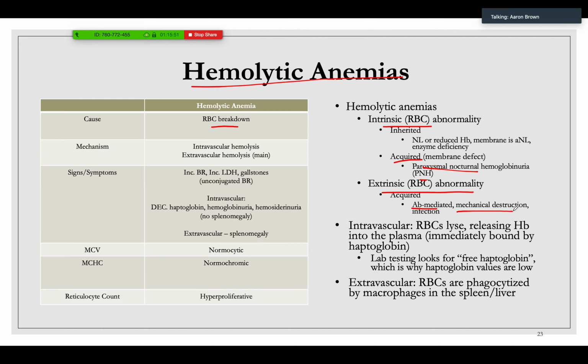We're having mechanical destruction. Something is going up and ripping up our red blood cells. Or an infection, like malaria. In malaria, you have a parasite that goes into our red blood cells and pops them open. Okay? And so, in all of these cases, these are what we call hemolytic anemia. We have destruction of our red blood cell. It's either an antibody, it's the red blood cell banging into something and opening up, or it's an infection. Okay? So,